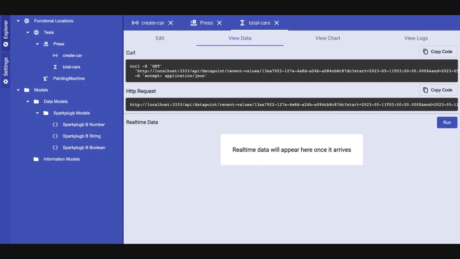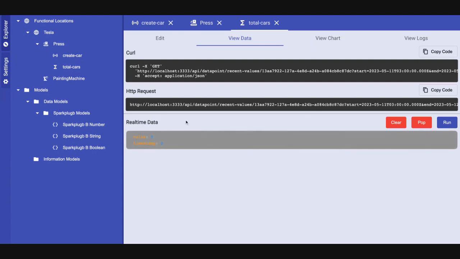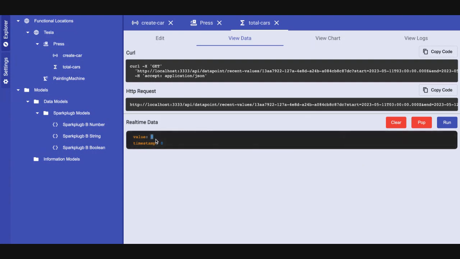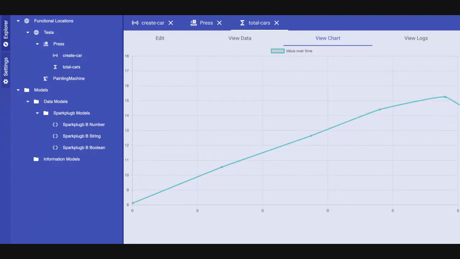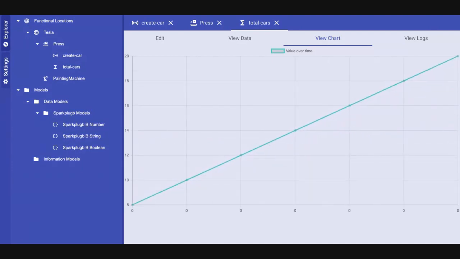So I think the answer should be 8, right? I can't really remember how many cars we got. I just got to connect. I don't remember. So there we got 8. And awesome, we could also see a chart of this value. And it says 8, and then I don't know. It's hard because I don't have enough screens here. Anyway, you can see the counts going up, and I could go 100 cars all of a sudden got created,